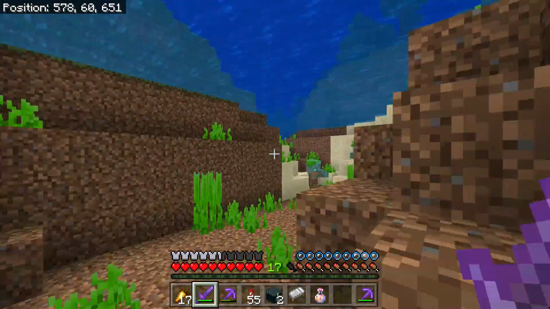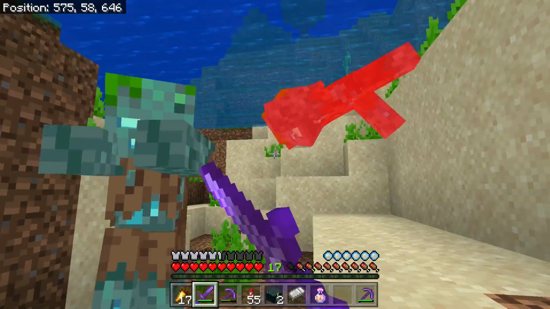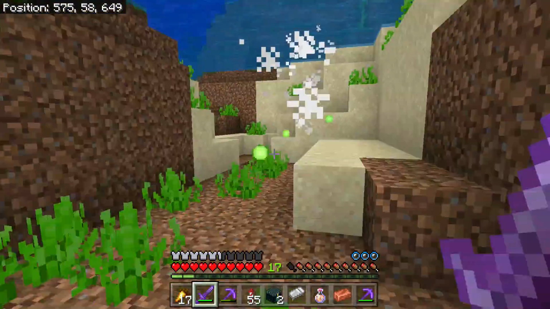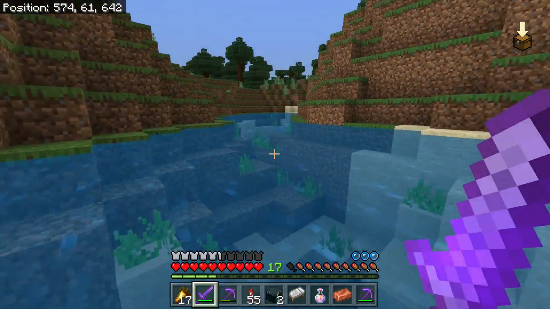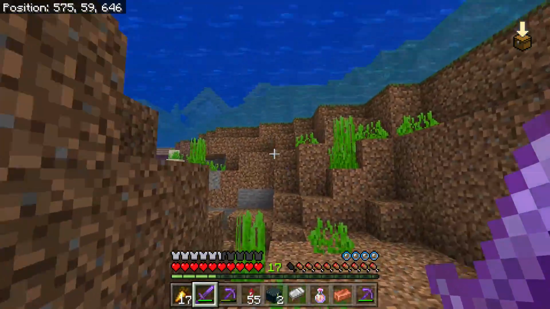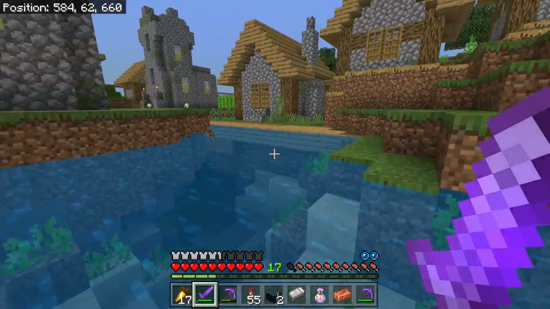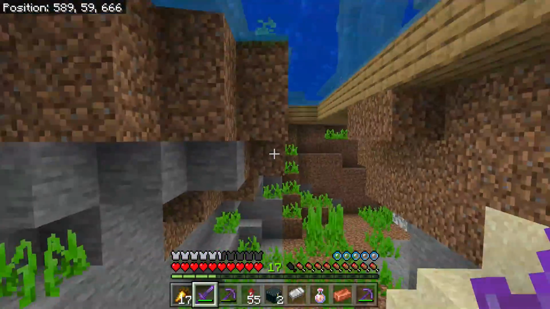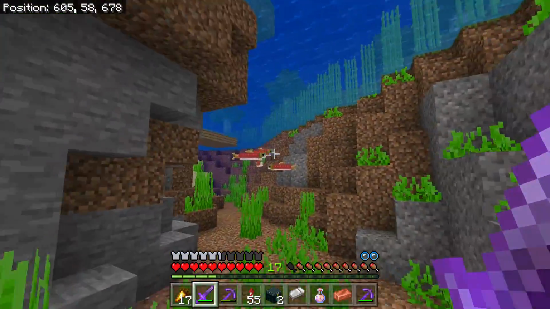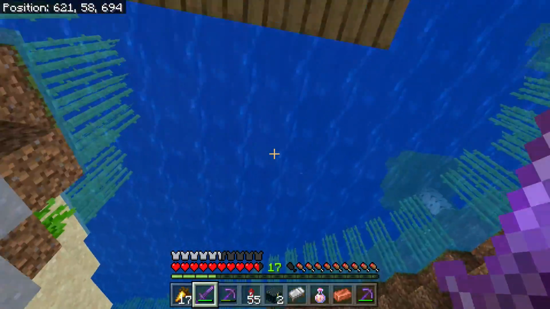Here we go. I want to make some lightning rods. That's all I want copper for. There it is. I love how I can actually see under here now. I don't remember hearing anything about this. It looks like a conduit or night vision or something, but clearly not. This is weird. It doesn't even look like I'm in water besides...